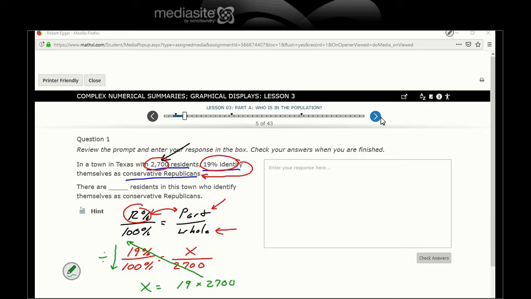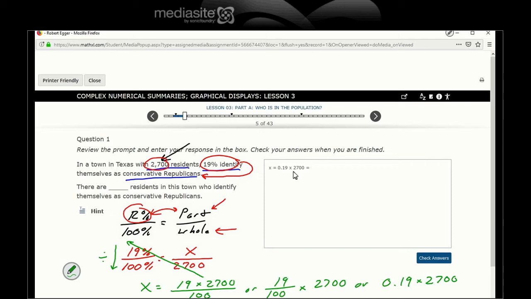So we'll do a division. So let's see, looks like our x will be 0.19 times 2,700,